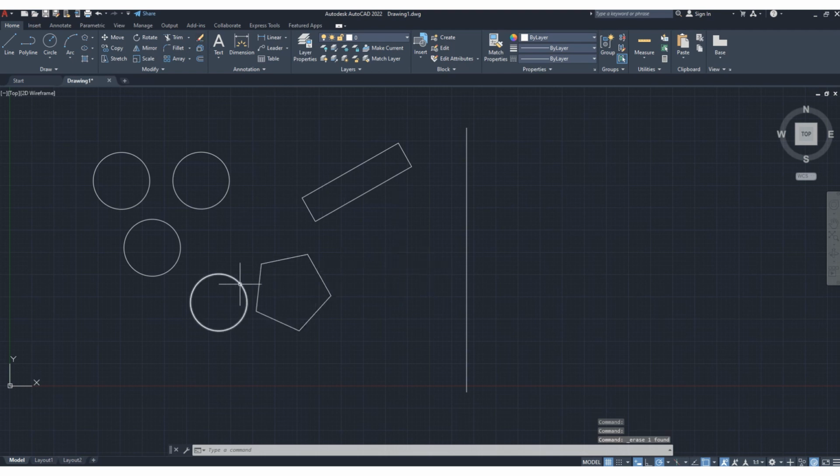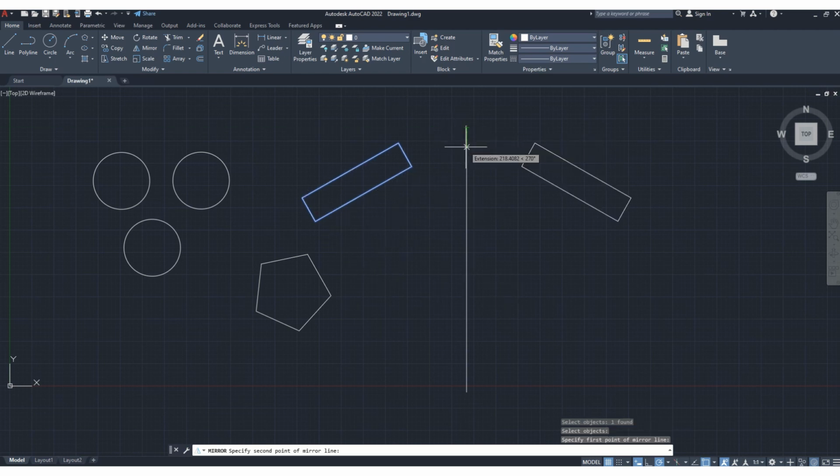Okay, so many objects. Okay, now suppose I want to create a mirror image of this object. So create here mirror, then select object, click here, press enter. Okay, now it is asking for the first point of mirror line, suppose here,